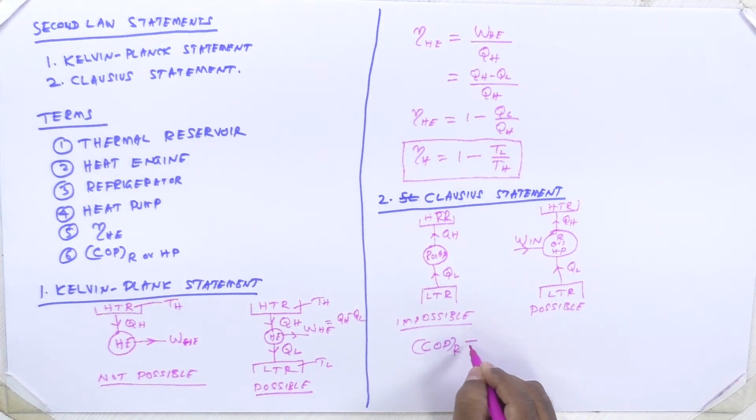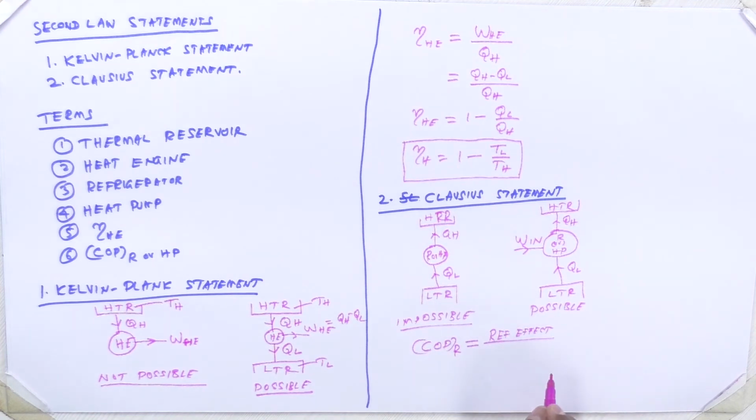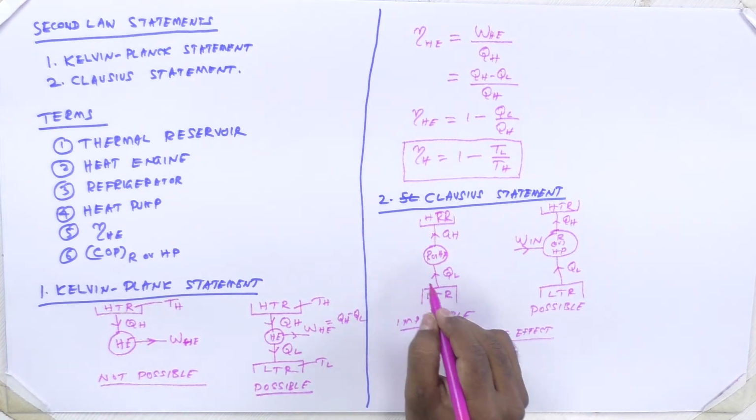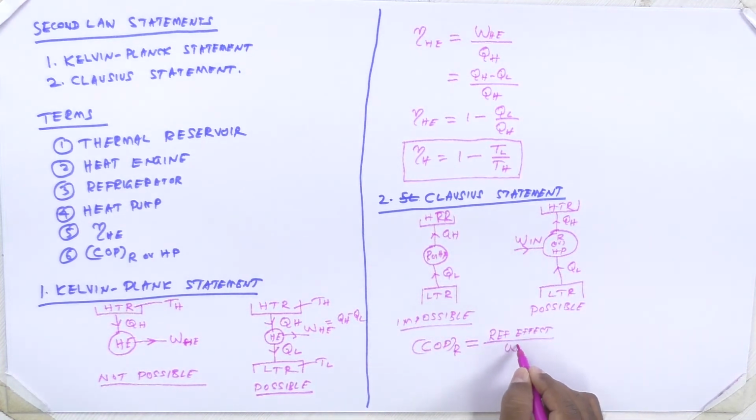First, COP of the refrigerator is given as refrigeration effect obtained. So this is the output from the refrigerator. How much refrigeration effect is obtained to the work input. So work input is given as WN. This is the formula, and refrigeration effect is given as how much heat is removed from the refrigerator, QL, divided by WN, and WN is nothing but